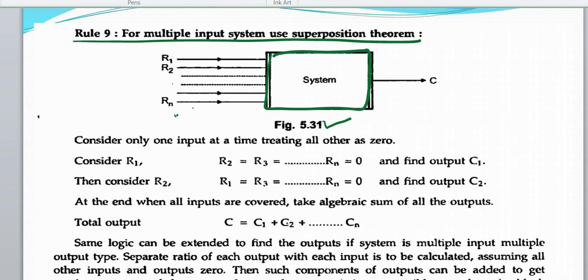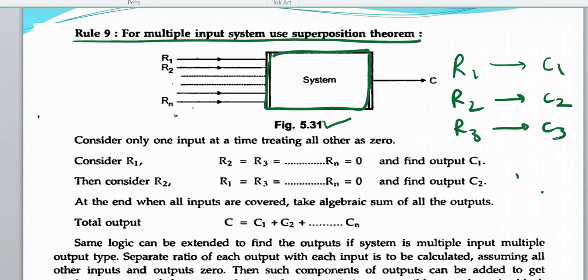In that case, you have to consider each input at a time. Consider R1, neglect all others, obtain the output. From R1, say you get the output C1, neglecting all other inputs. Then consider R2, get C2. Consider R3, get C3. In that way, the total output C will be